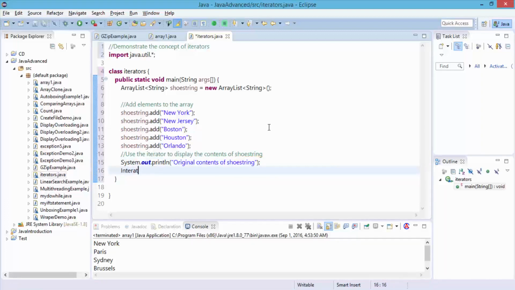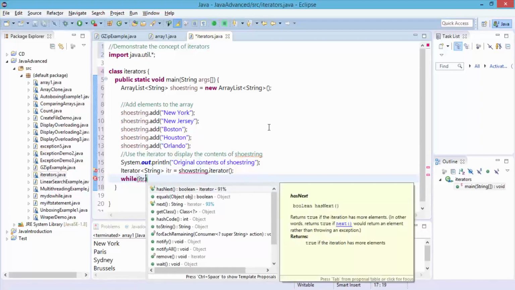Okay, so let's make sure my spellings are correct. Bring up the String itr equals shoestring.iterator. Perfect. Semicolon. Let's do a while loop. So while itr